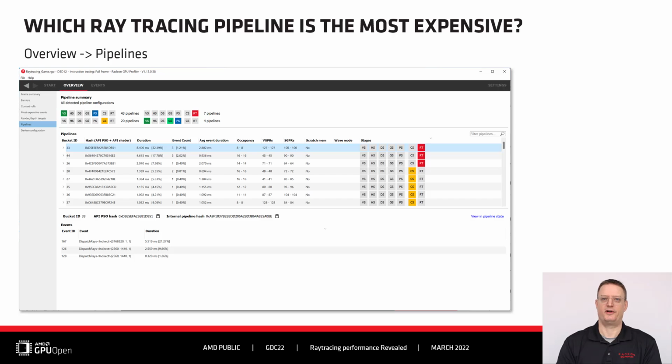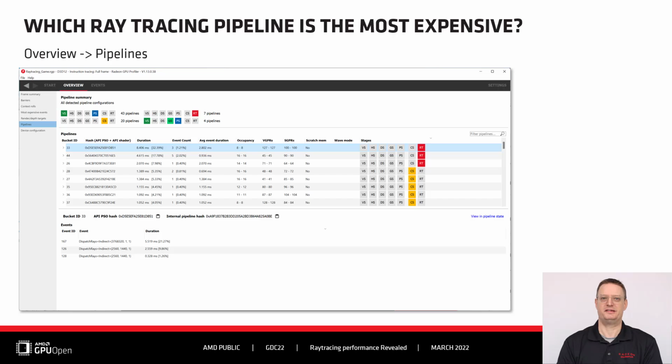Another way to look at a frame's performance would be to consider which ray tracing pipeline is the most expensive. This can be useful if more than one ray dispatch event uses the same ray tracing pipeline. In order to answer the question about which pipeline is the most expensive, a developer should turn to the Pipelines Overview window.